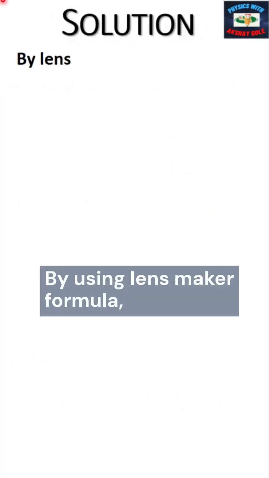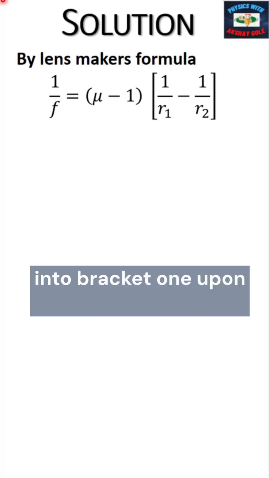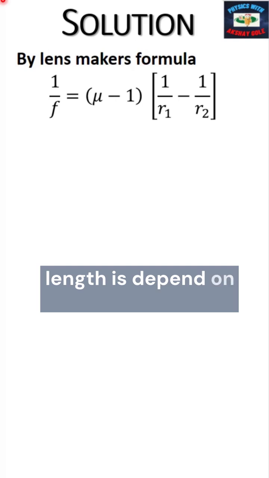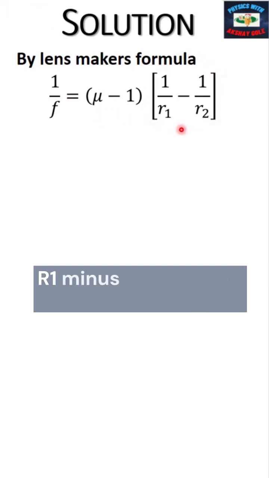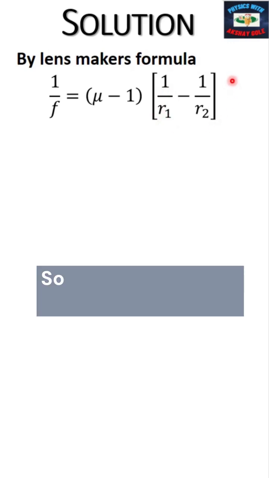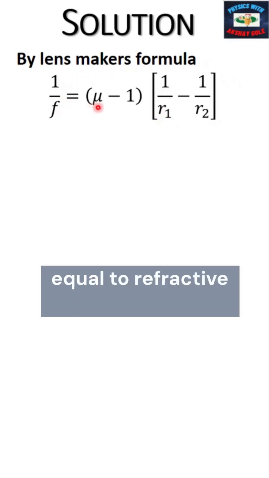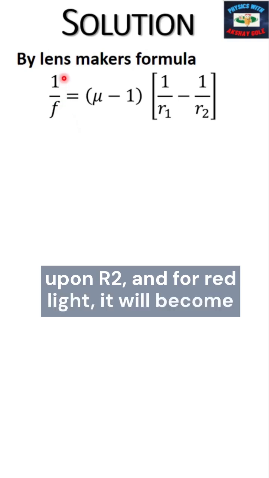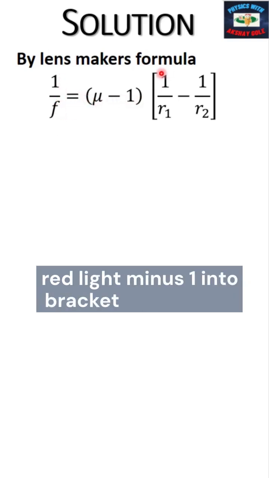By using the lens maker formula, we can say that 1 upon f is equal to (mu minus 1) into (1 upon r1 minus 1 upon r2). This formula tells us that the focal length depends on the refractive index of the material. For the same lens, (1 upon r1 minus 1 upon r2) is the same. So for violet light, 1 divided by the focal length of violet light is equal to (refractive index for violet light minus 1) into (1 upon r1 minus 1 upon r2), and for red light it will become 1 upon fr is equal to (refractive index for red light minus 1) into